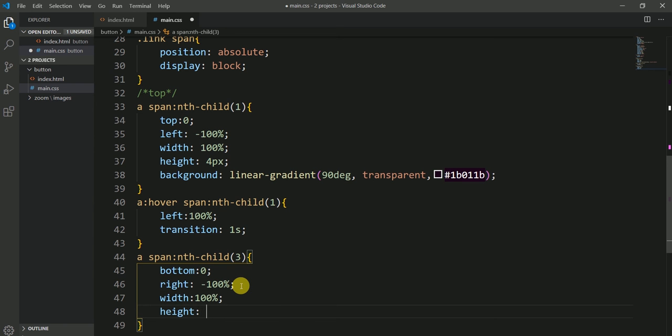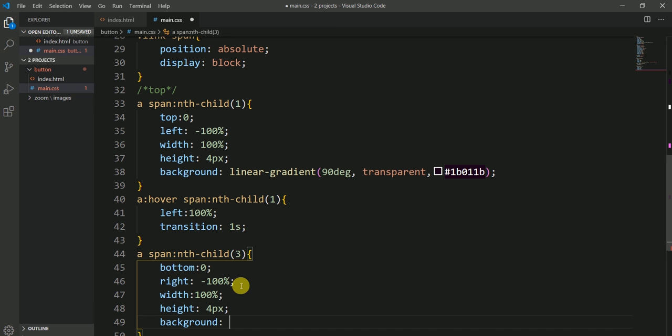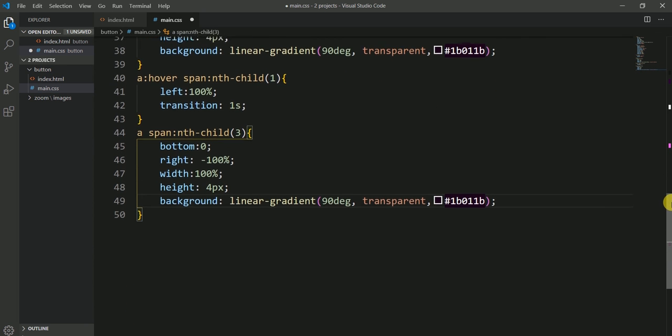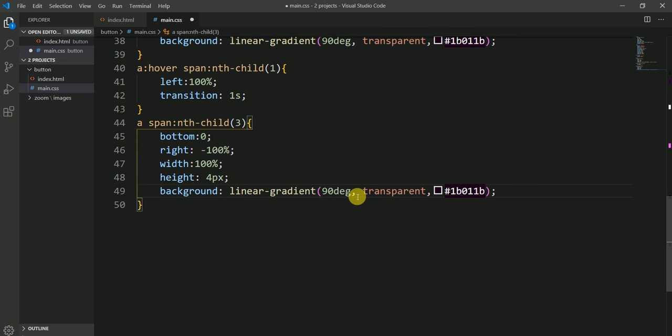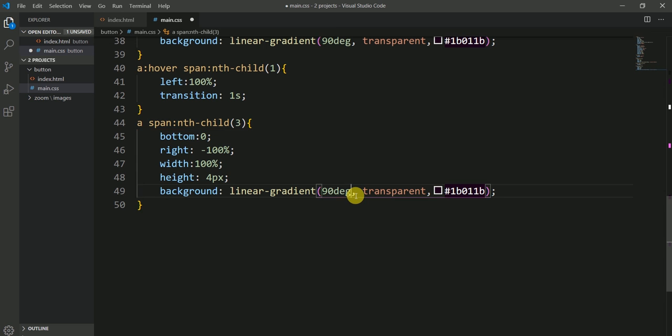Height 4 pixels, and then the background for this again would be linear-gradient, and I can get all this code from here because I want to save the time. And this time it's not this 90 degree, it is going to be right